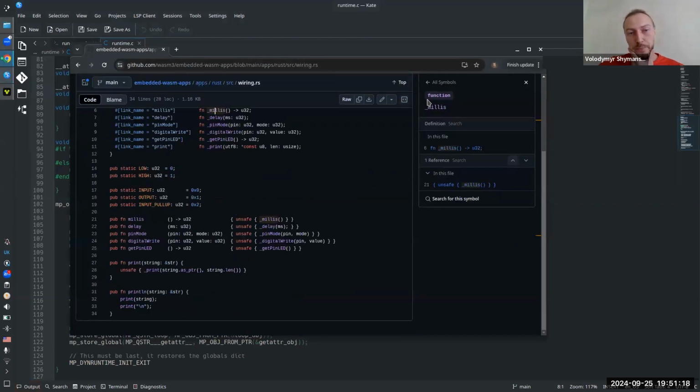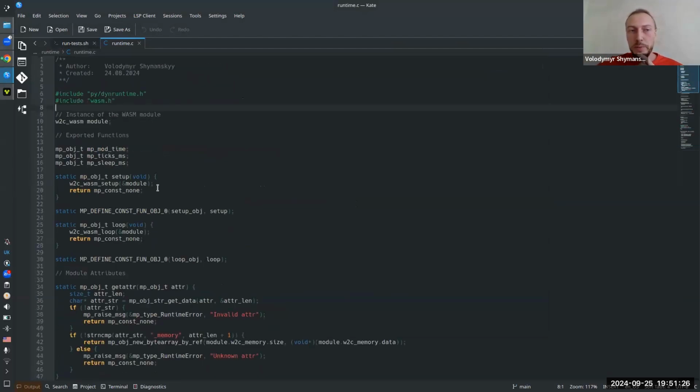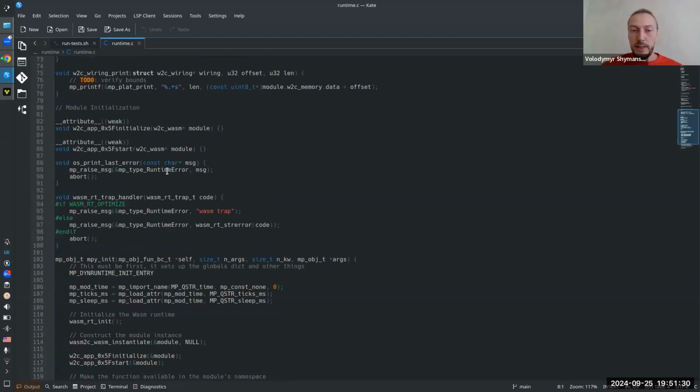What I'm thinking about, currently from the compilation perspective, everything's fine. From the glue code perspective, it looks neat and tidy. That's, as I said, a huge kudos to the pre-existing infrastructure in MicroPython that was leveraged to make it happen.